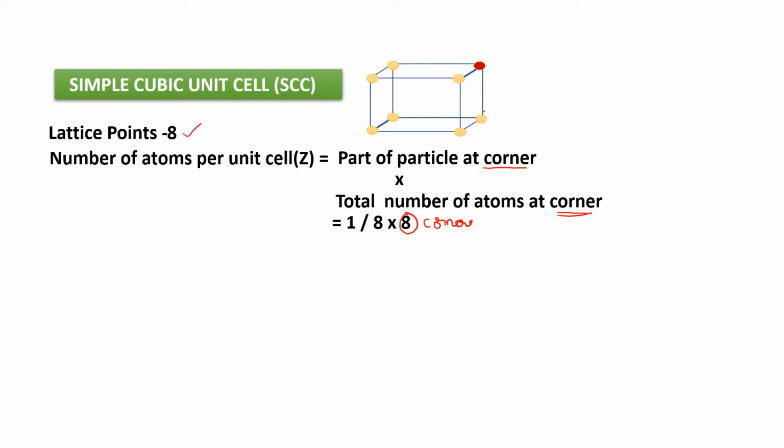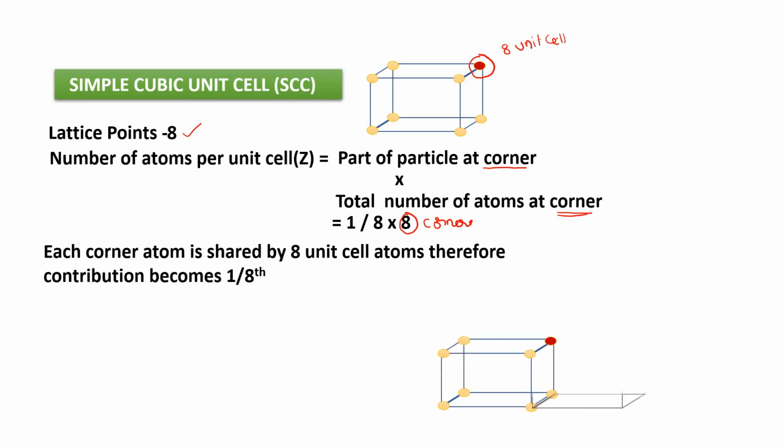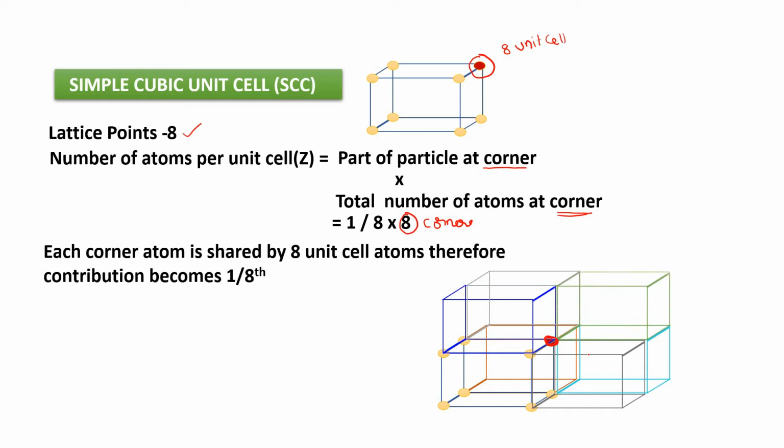But when you place one atom here, at this corner, this atom will be shared by 8 unit cells. How? Let me show this one. See, I placed an atom at this corner. Now, this atom will be shared with 8 unit cells. Let me take, this is the first one, second one, third one, fourth one, fifth one, sixth one, seventh one, eighth one. So, its own cell is also counted as the eighth one.